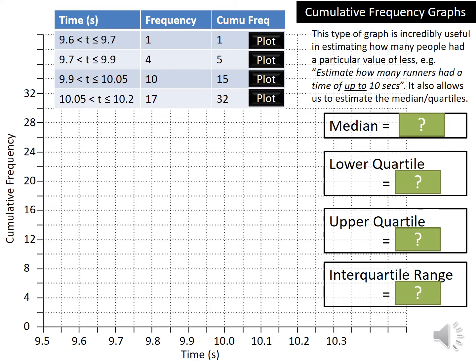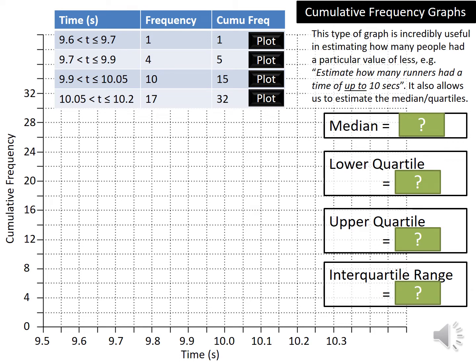Okay, so for this one, we've got time again. So we're basically turning what we saw already in the previous one into a cumulative frequency graph. And this is really useful because this is where we can do all that estimating from. So all we do is we start off, because our lowest possible time is 9.6, we start off with a